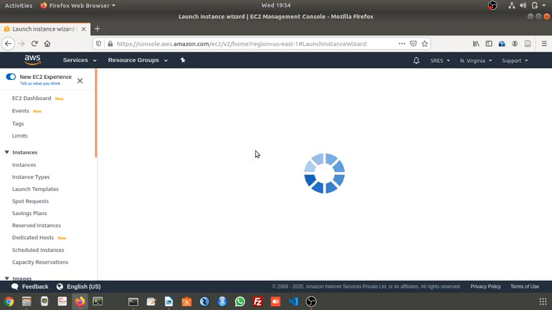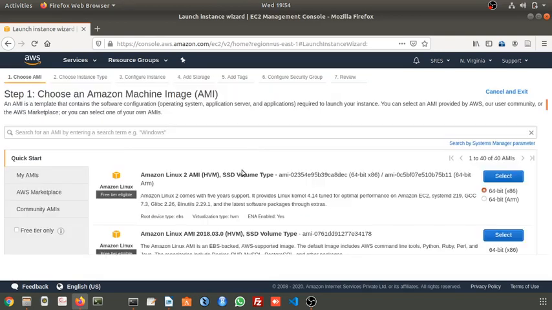Next, you can see on this side My AMIs, AWS Marketplace, Community AMIs and more. An AMI is nothing but an Amazon image. You can have your own image that you can store in your AWS account, or you can share your image with the community also.